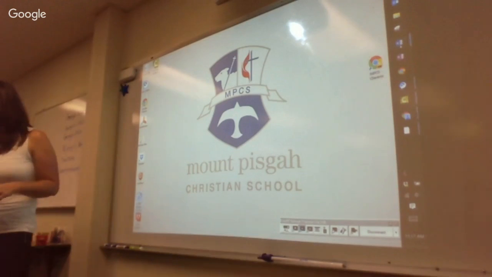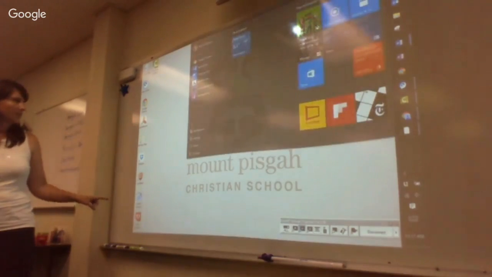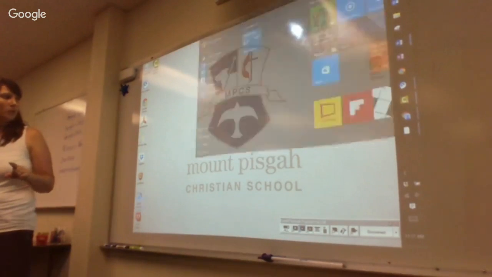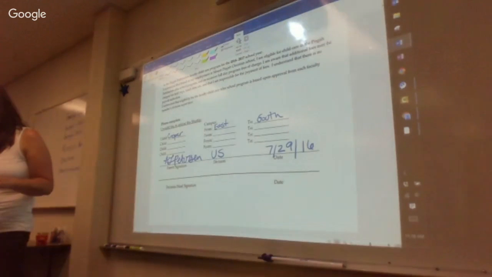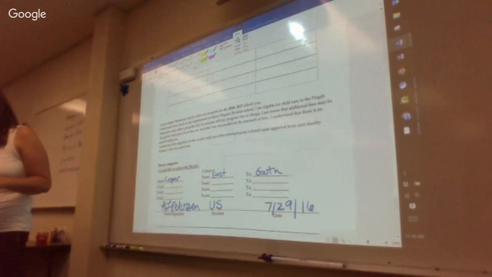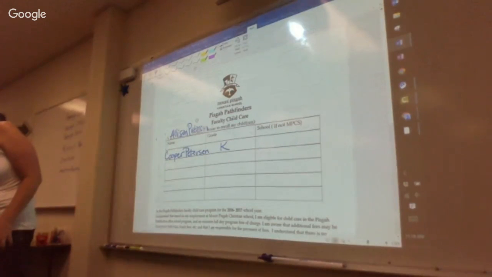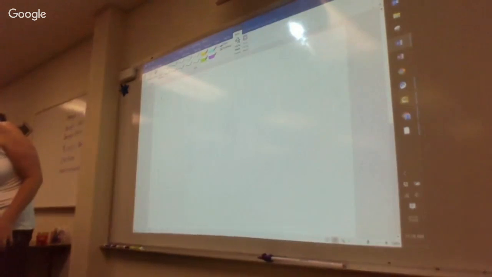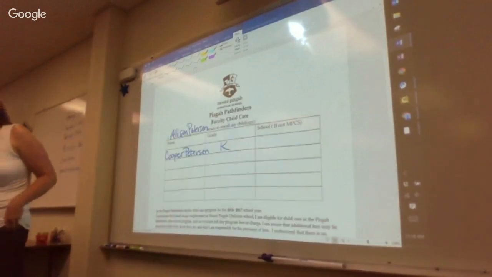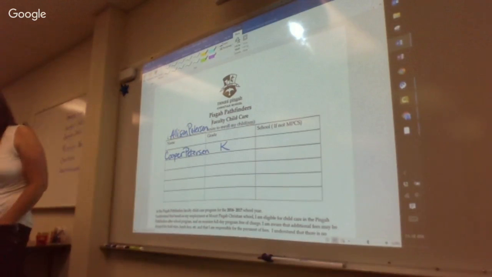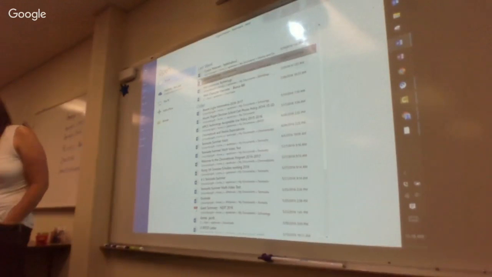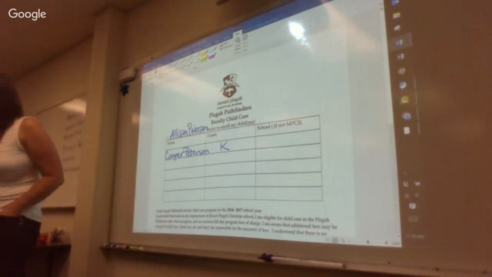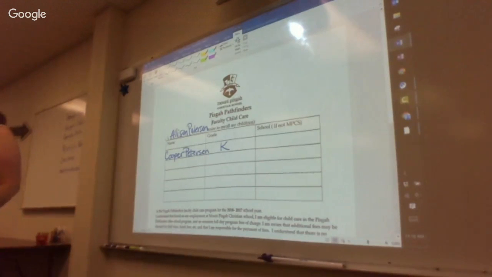If you'll go to your Start menu, mine looks a little different because I'm in Windows 10. But if you'll look for Word, if it's not just right there on your menu, and open up a Word document. Oh, this is a perfect example. I will use this. We have 2016. So you should have a blank Word document in front of you,